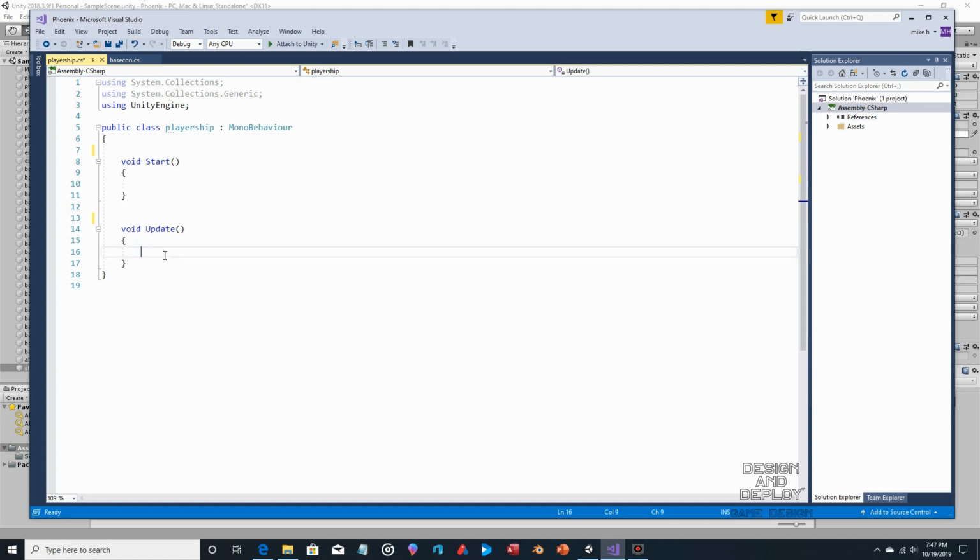Now for here in the update section, what we want to do is detect if a key is pressed. We'll just use the space key. You can use a controller if you want, mouse, whatever, it doesn't matter. Space is just easy to code and easy to make sure you're actually hitting the right button. So if we're looking for input, so if Input.GetKey